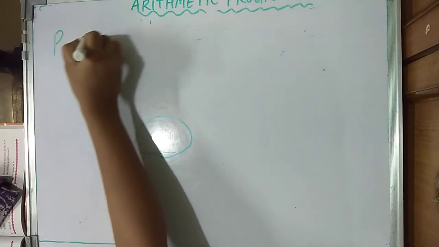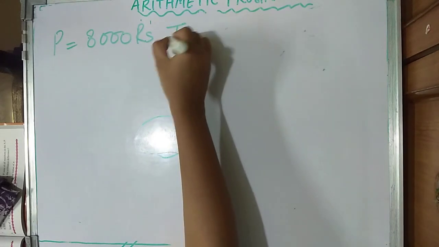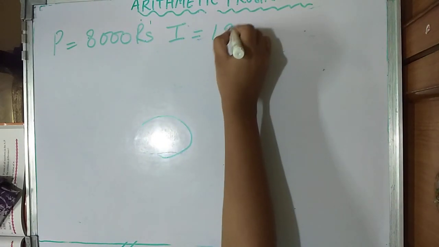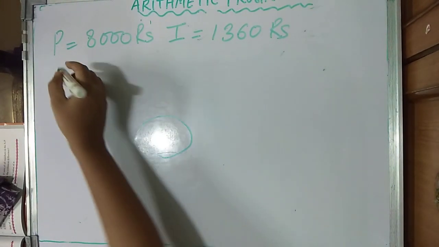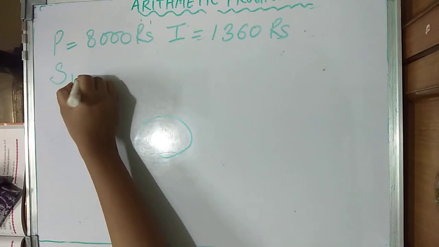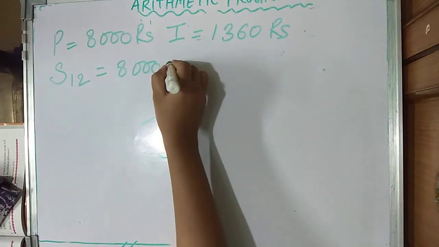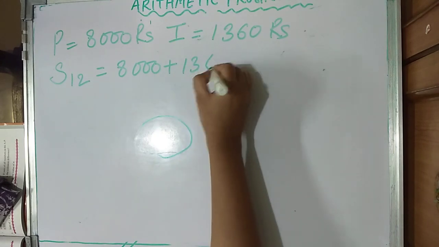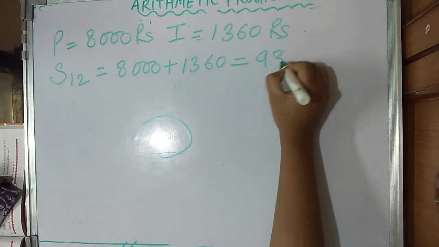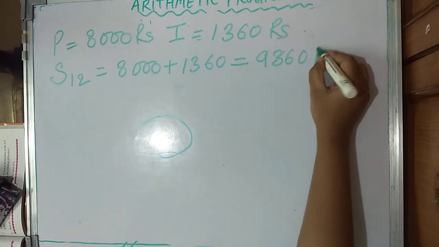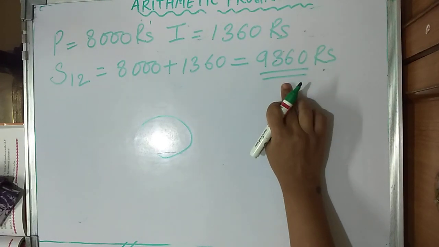Principal is given, 8,000 rupees. Interest is given, 1360 rupees. That means at the end of 12 installments he will be paying 8,000 plus 1360 rupees. Okay, that will be 9,360 rupees. That means when the 12 installments are done, the amount that he must have paid will be